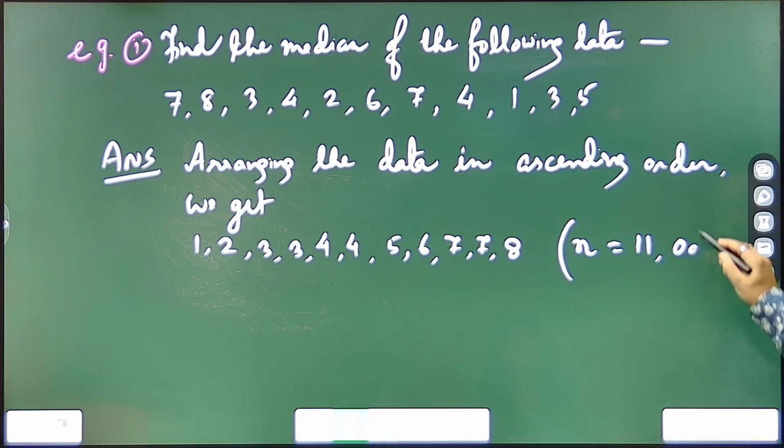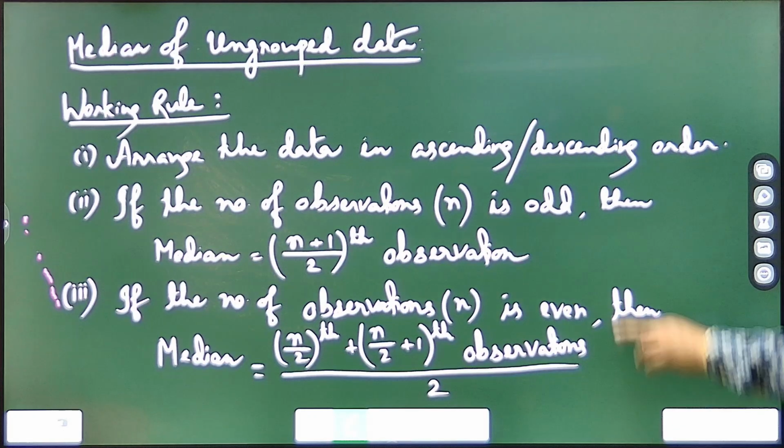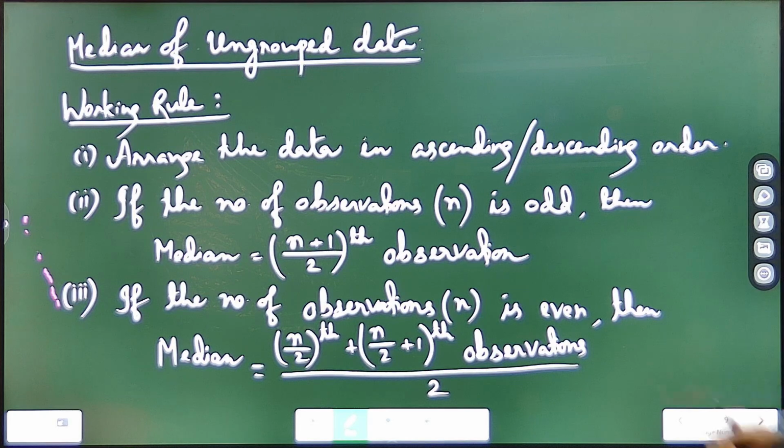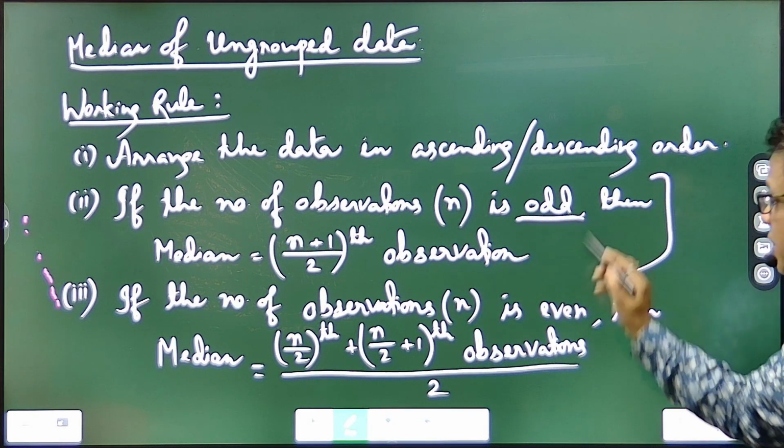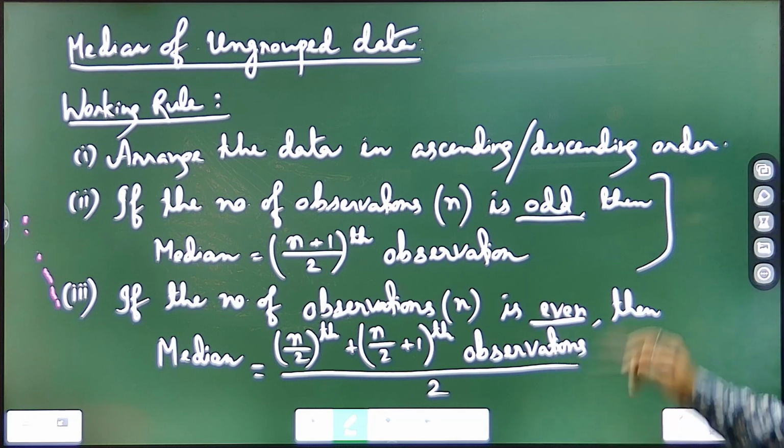11 is odd. If it is odd, now look at this. The odd formula. Which one? This one. If it is odd, then we will go by this, not by this, right? Now since it is odd,